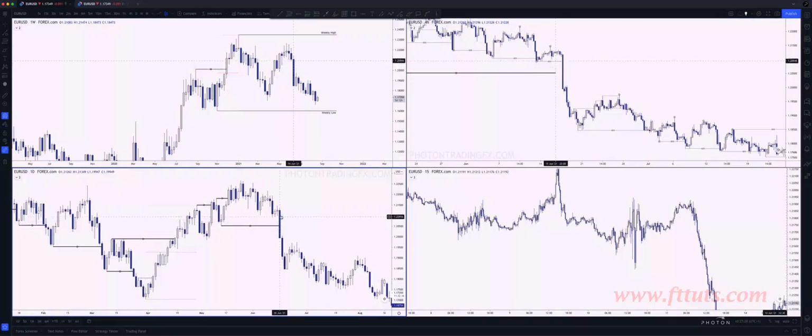Now, daily clearly bearish at this stage, a lot of momentum. Now, if you try and trade when this is happening, you see this momentum,